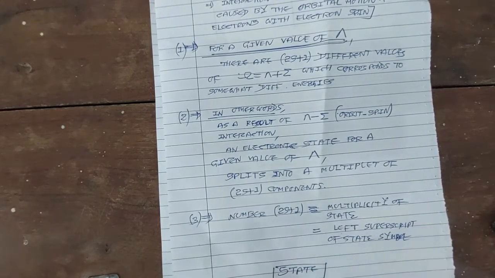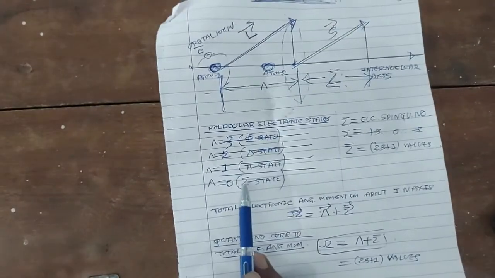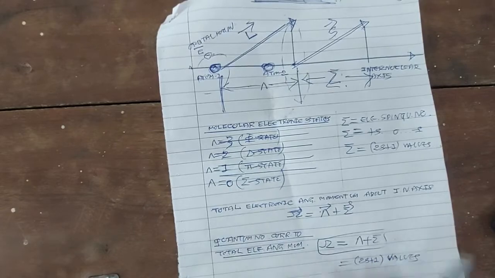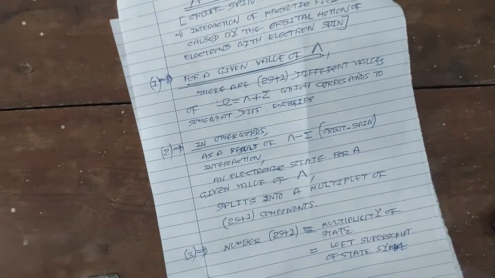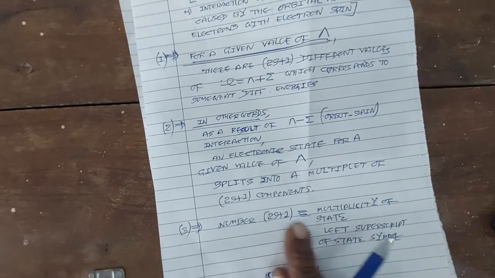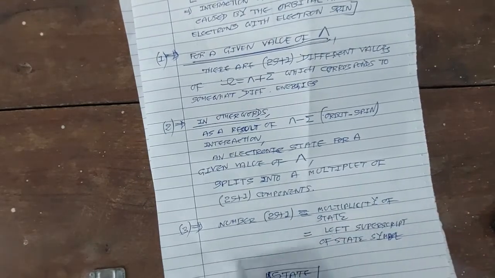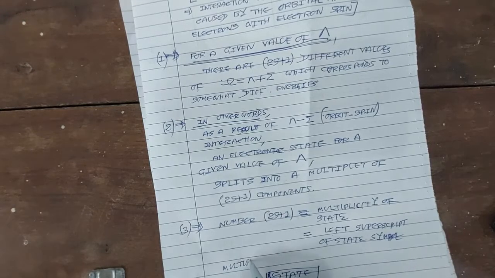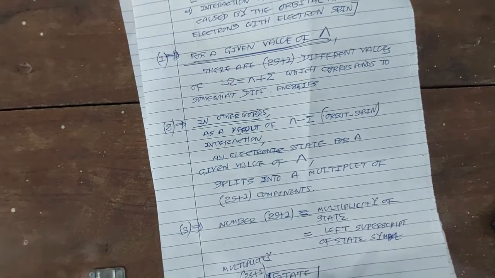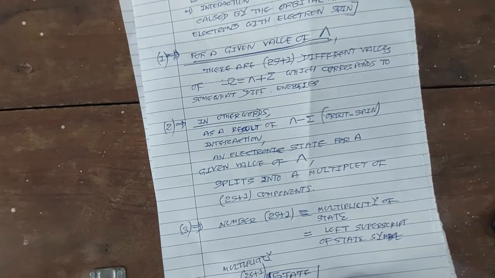Suppose this is the symbol of the state. Which are the states? You have studied different states: the sigma state, for which lambda is equal to 0, the pi state, for which lambda is equal to 1, and the delta state, for which lambda is equal to 2. Suppose I consider the delta state. Then the multiplicity of the delta state, 2S plus 1, is written on the left hand side superscript. And on the right hand side subscript,